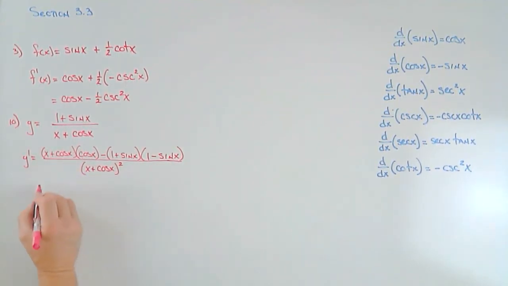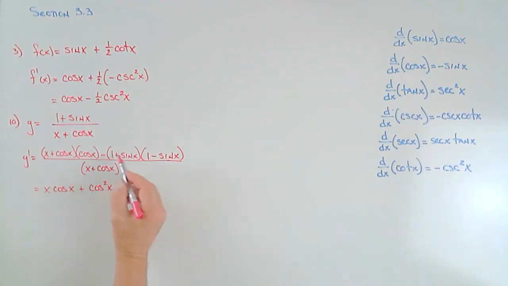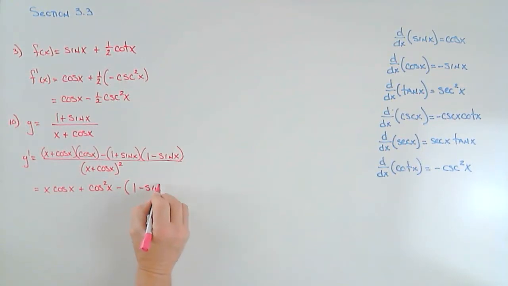So cosine times x is going to be x cosine x. Cosine times cosine is cosine squared x. Over here, we have minus. This is the difference of two squares. We have 1 minus sine squared x. And now